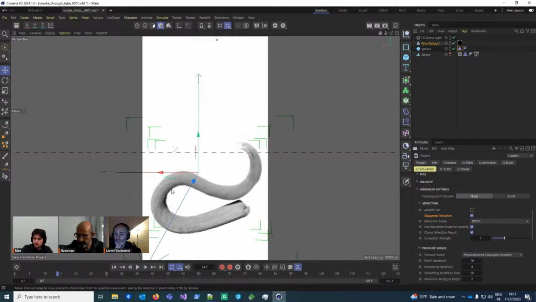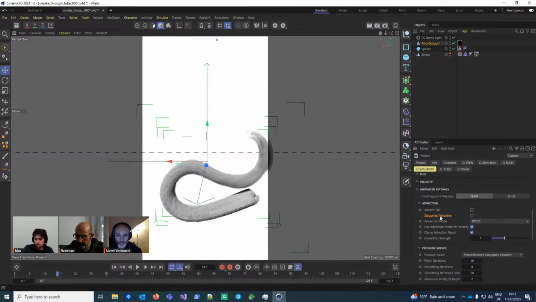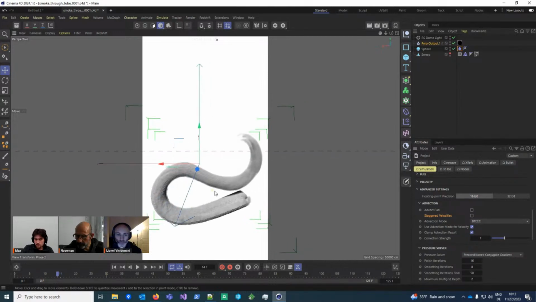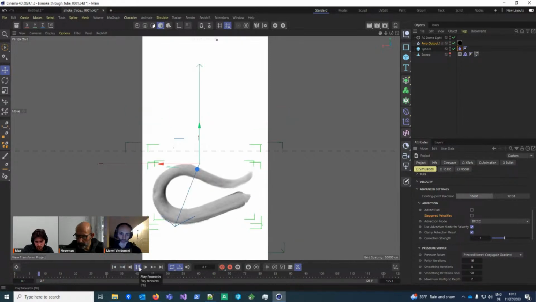And now most importantly, I ticked staggered velocities. This is also a setting which will change the look a lot. It will be a bit more computationally heavy and also use a bit more VRAM, but it helps a lot when working with colliders and cloth simulations and stuff like that. Because this way, the collider is discretized a bit more accurately, which usually leads to better effects. I mean, in this case, it looks very similar.